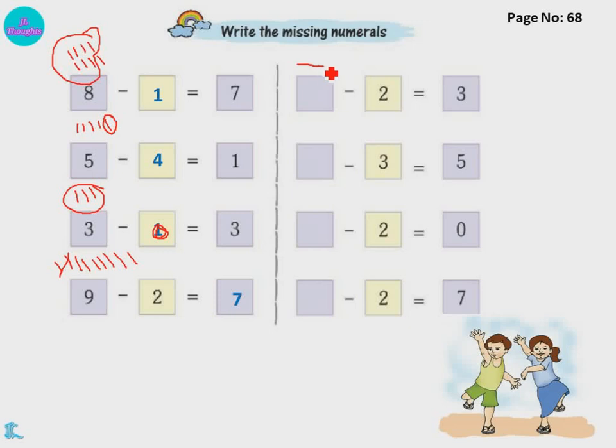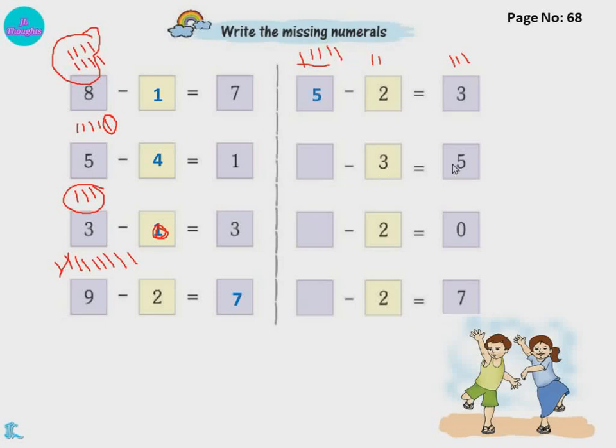Okay. You don't know what object is that. From that object you are removing 2 things. Okay. 2 things you have removed. Then what is the answer you are getting? 3. So from some number you have to remove 2, then you will get 3. So for that what you have to do? You have to add this to this. Okay children? You have to add this to this. That is 2 plus 3. 2 plus 3 means 1, 2, 3, 4, 5. 2 plus 3 is 5.